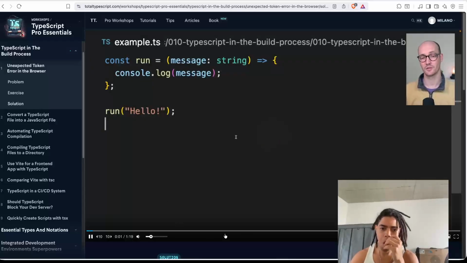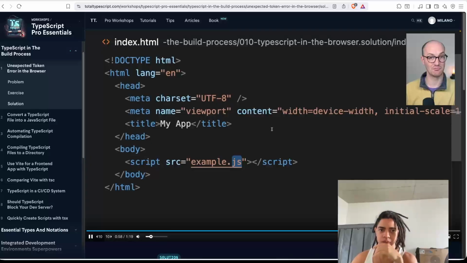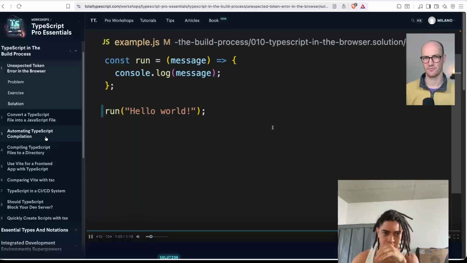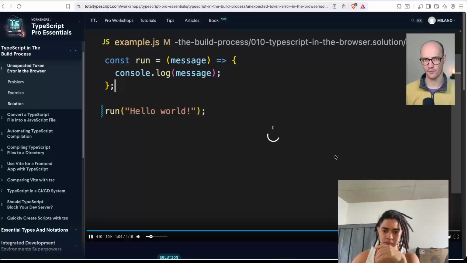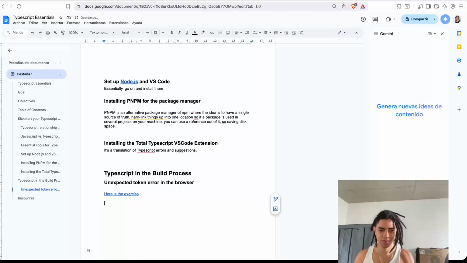The reason this wasn't working. And now inside JavaScript, this is perfectly valid JavaScript. I've added .js instead. So when we create TypeScript files, we basically need to find a way to transpile them into JavaScript files, to run them in the browser, because the browser has